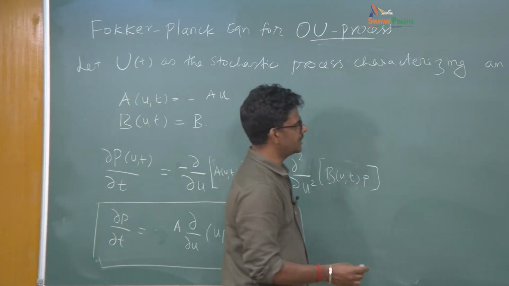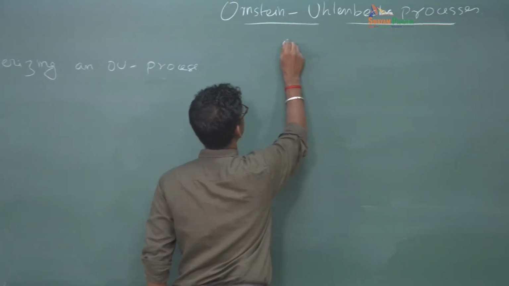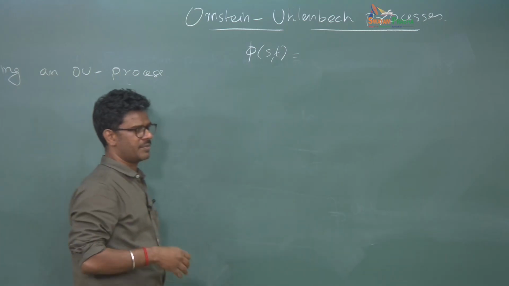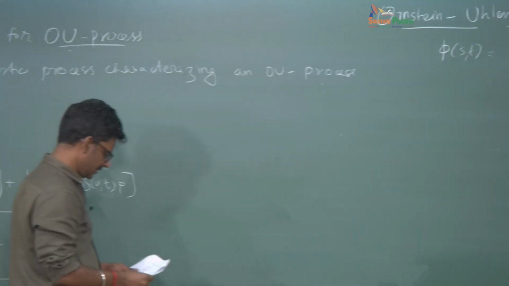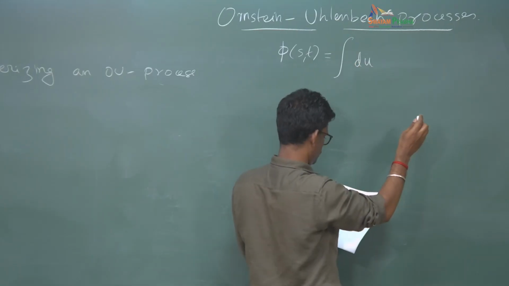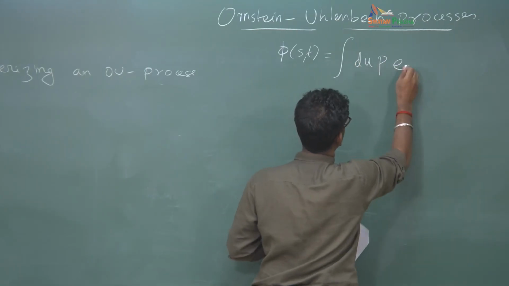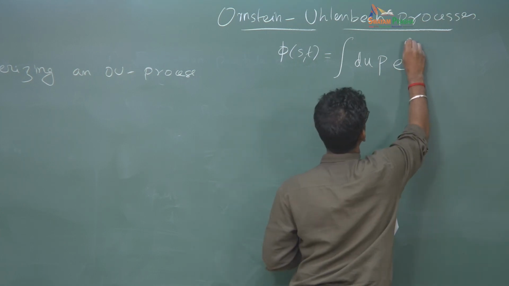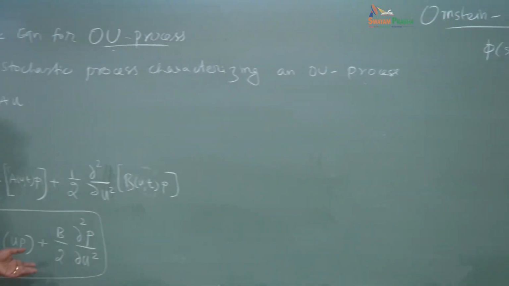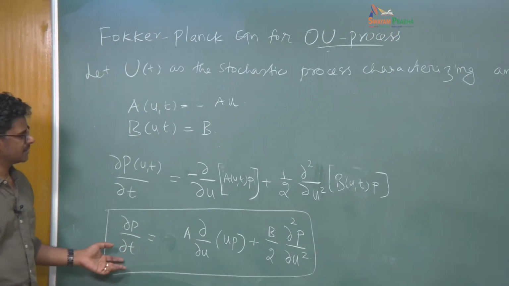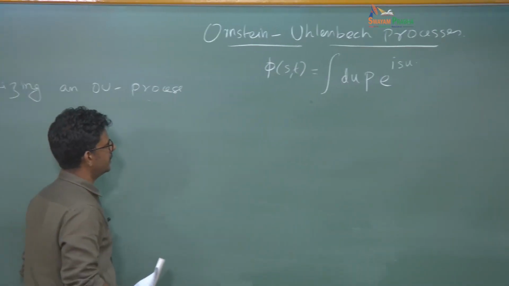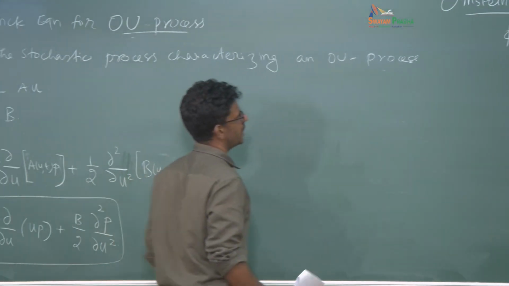What we would like to do is define a function, and this process is the same as how we did the Wiener process: the integral of du e to the power i s u. So we transform the variable from u to s based on this Fourier transform, and then this partial differential equation will become